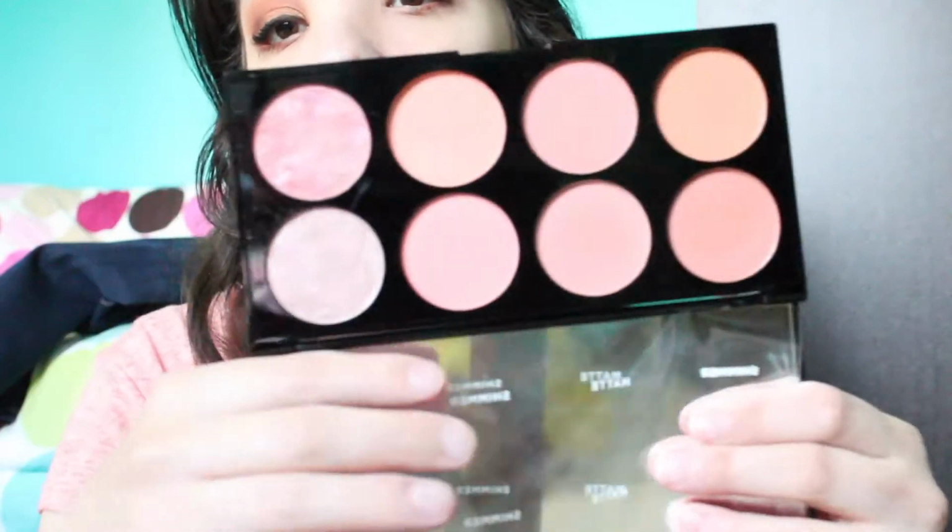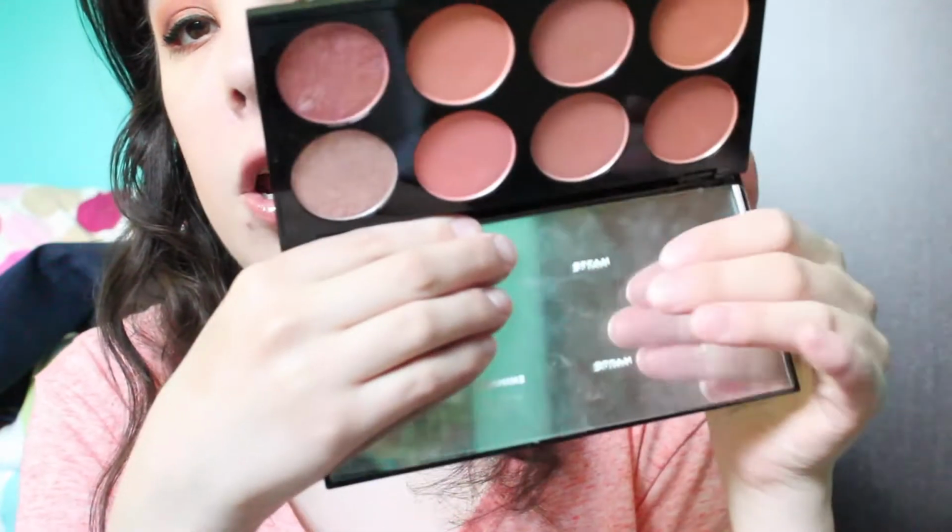So the first one I have here is in Hot Spice, and this is probably my favorite of the two. This has more peachy, kind of orangey shades, and that's really right up my alley, but I have so many other blushes in my collection that I reach for over this that I would just as soon pass this on to somebody else. This one I don't really use that much, but this is in the shade Sugar and Spice,